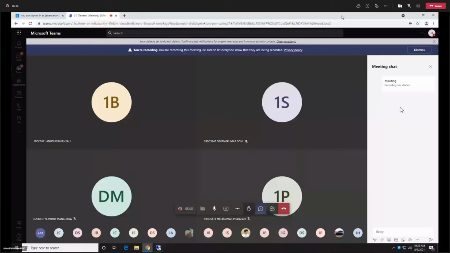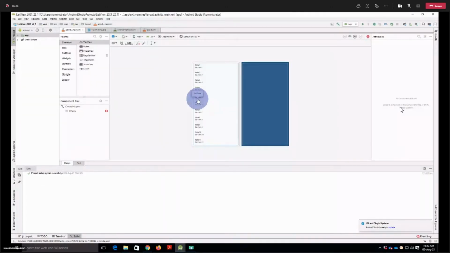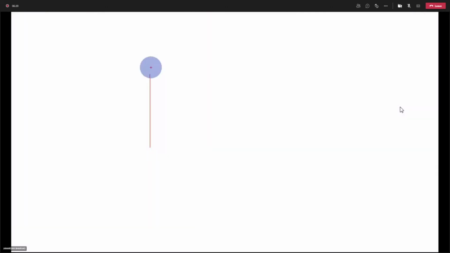It will be like this. So we need to take, suppose this is my mobile screen and this is my activity and this is my list view. I'm saying it as LV.